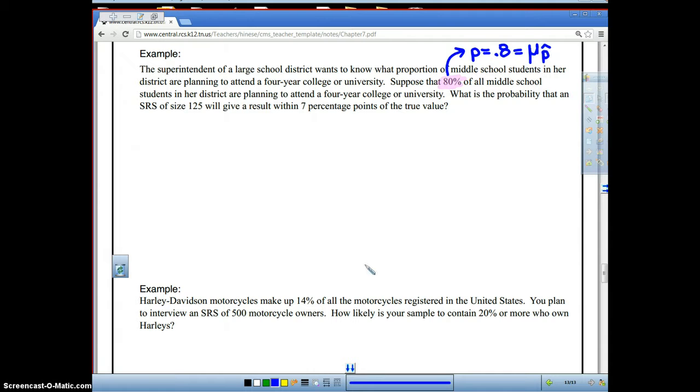of our sampling distribution. Okay, our question is, what is the probability that a simple random sample of size 125 will give the result within 7 percentage points of the true value? Okay, here's something else they're giving us. They're telling us n. Okay, so since this is a word problem, we want to do our 4-step process. Okay, state: what is the probability